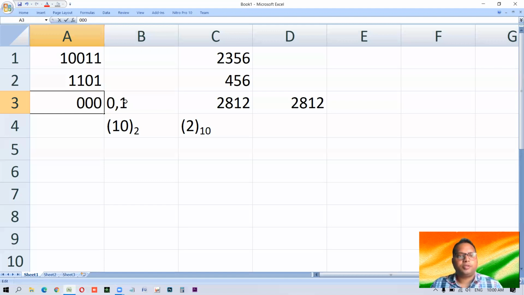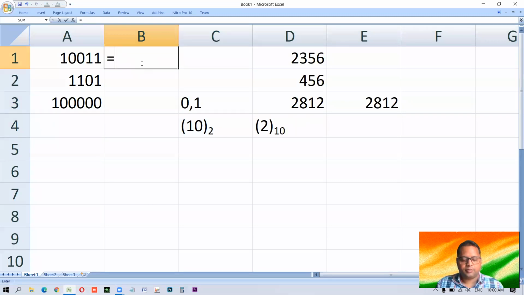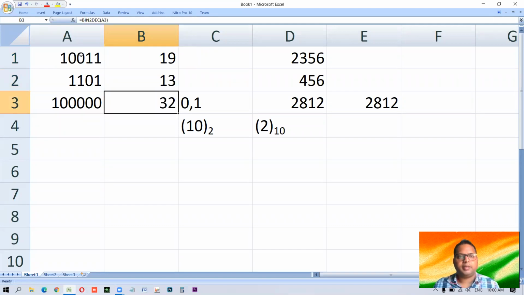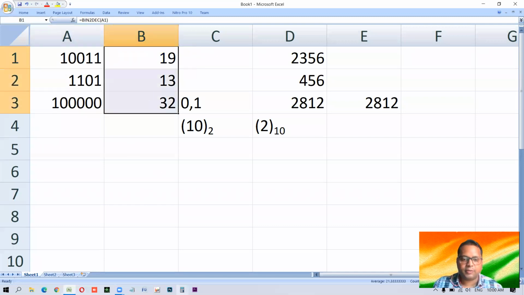Okay, so now let us check using a simple function in Excel, BIN2DEC. It converts binary to decimal. This is, suppose, the binary, this is 19. Press Ctrl D to forward the formula. This is 13 and this is 32. 19 plus 13 makes 32 and this also is 32. Okay, if you need to verify it, although it is fully verified, but if you still want to verify,